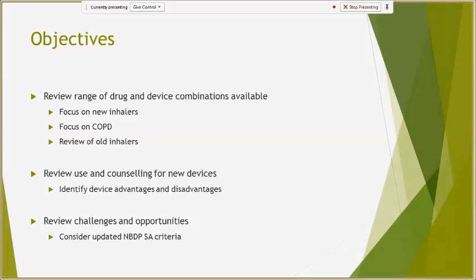No problem. The objectives for today are to review the range of drugs and devices that are available with a focus on the new format inhalers and a focus on COPD, recognizing that there is some overlap for indications in asthma with some of the inhalers. And if there's time, a quick run through of some of the old inhalers, some of which have new tricks. And review the use and counseling for the new devices, and maybe identifying some advantages and disadvantages of them, and also